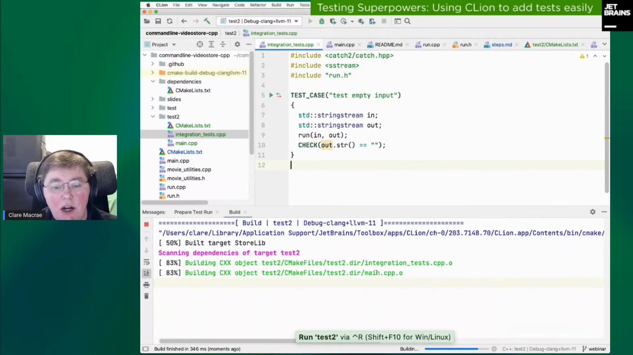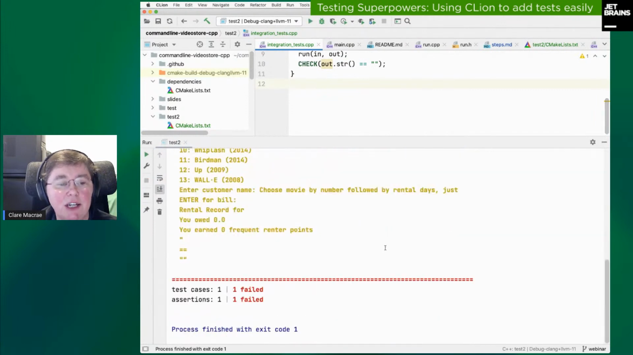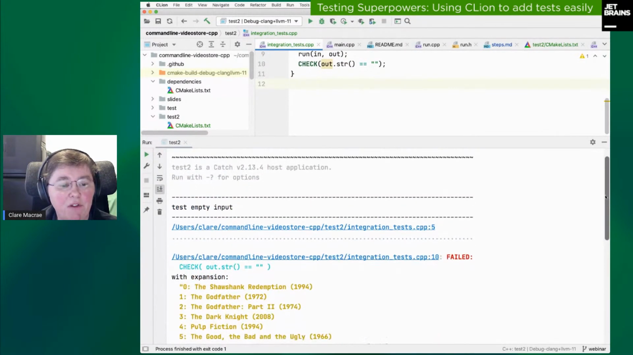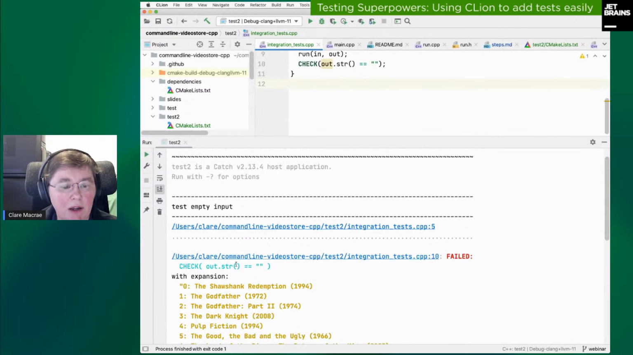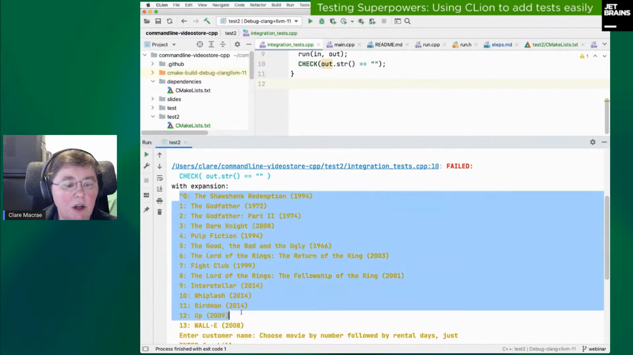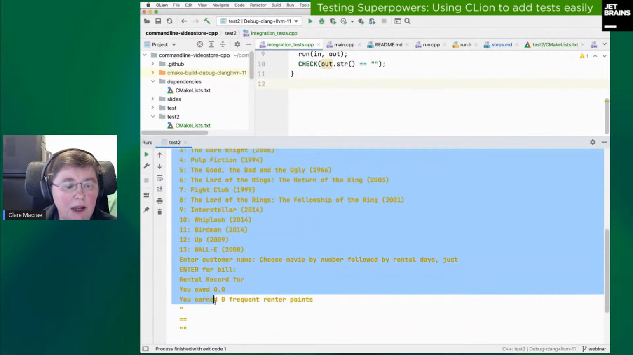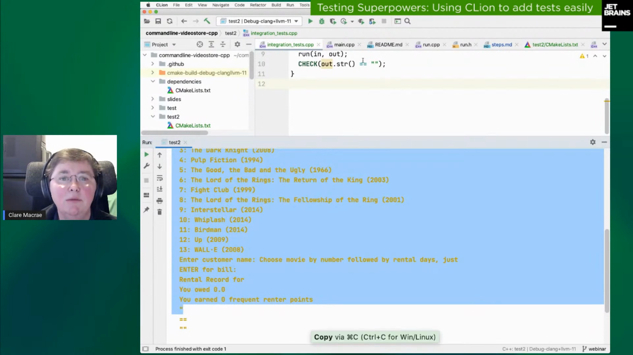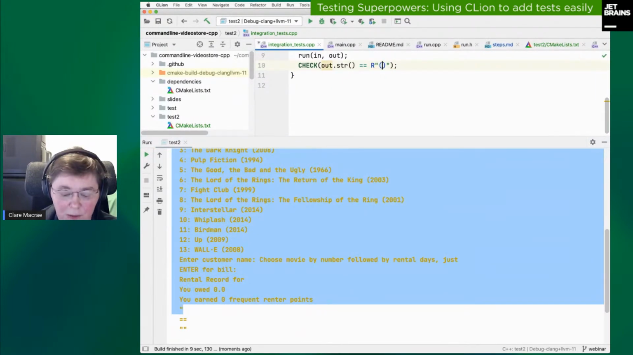Don't worry about the time it takes to build the main. I'm running version 2 of Catch2, and that version takes a bit longer to build the main. And it gives us this really lovely helpful output. It's expanded up my out.str, and it's told me that's the output. So I will copy that text and paste it in, and let's use a raw string literal so I can just paste